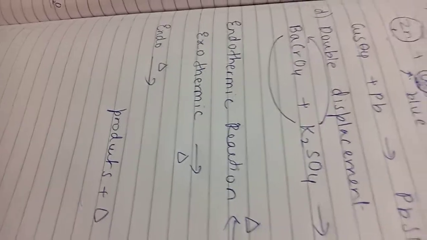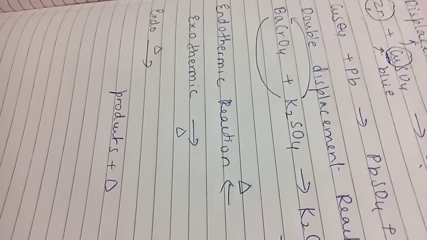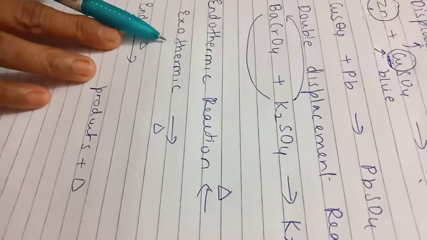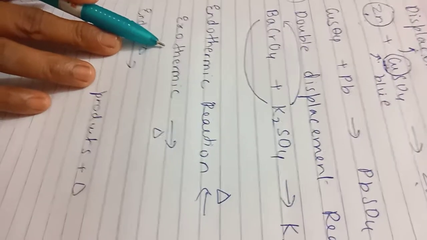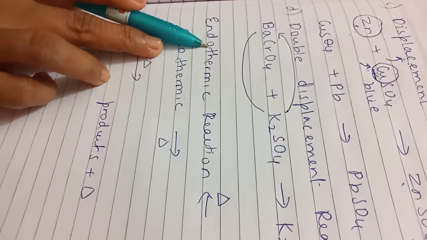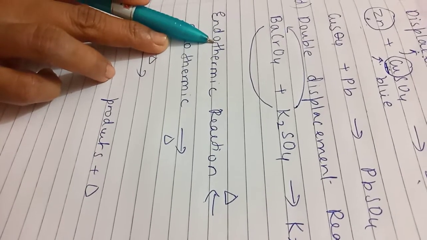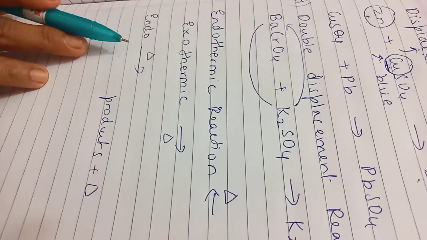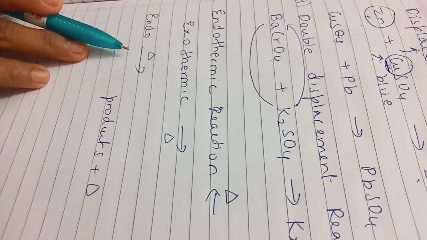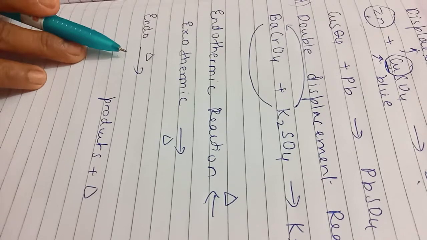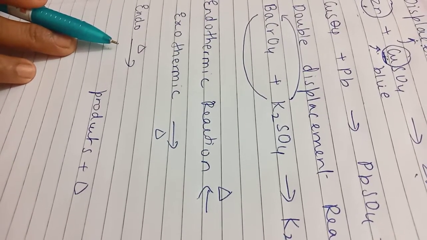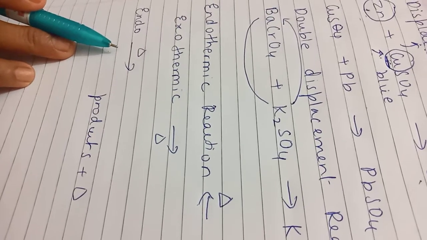So endothermic reaction best example is melting of ice. You know, ice requires heat. Ice requires heat to melt. Endothermic reaction is a reaction where heat is absorbed. So ice requires heat, isn't it? So ice melts into water. And exothermic reaction is the one where heat is liberated out. म्हणजे water getting converted into ice. A very simple example. कळतं? कारण when will water get converted into ice? Only when the heat is lost.